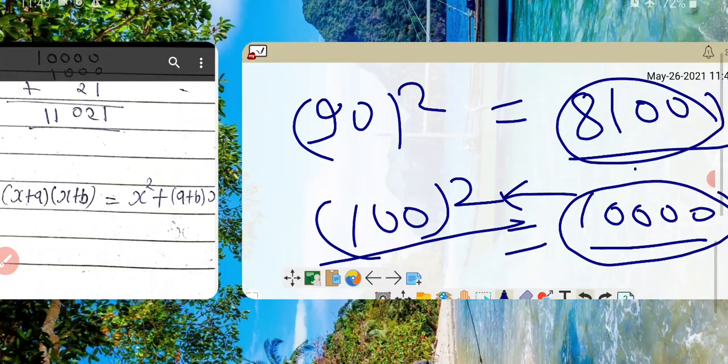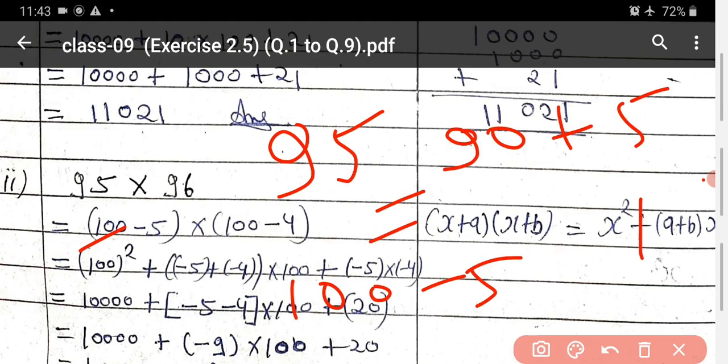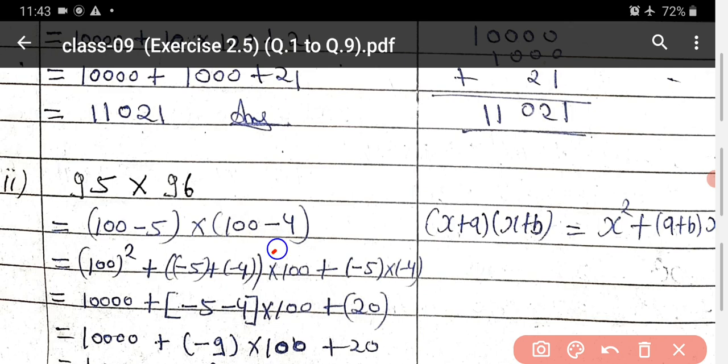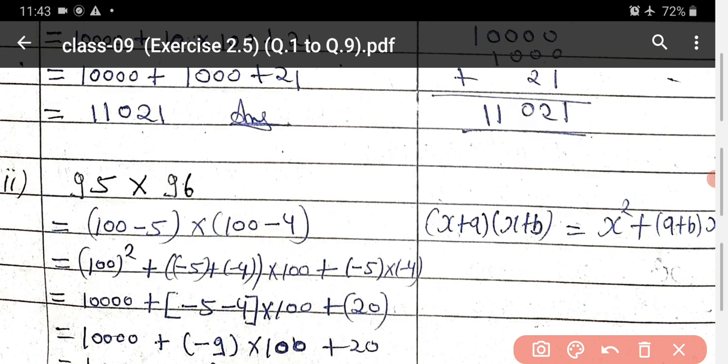Okay, so just try to convert with the help of that number in which you get a multiple of 10. So 95 we can write here 100 minus 5, and 96 we can write here 100 minus 4. We prefer 100 because it is very easy to square 100. If we write 90, it becomes 81, it is very easy now. But when you do add and subtract, then you find difficulties in that one as compared to the 100 one.